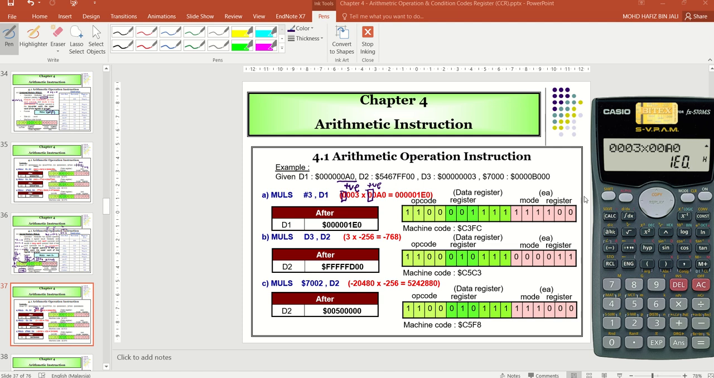So you get IE0. The answer needs to be in long word, so just fill up the MSB bits with 0, 00000. Okay, that is the answer in D1. Then